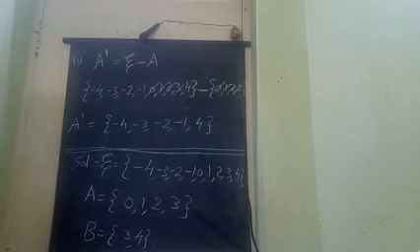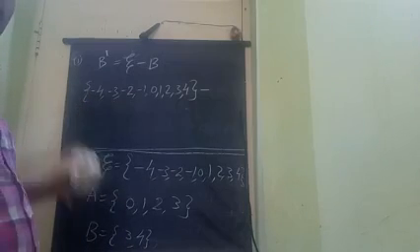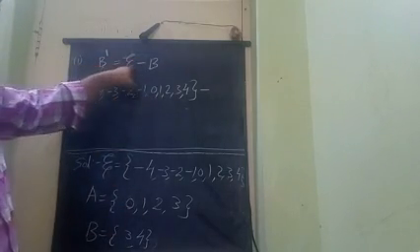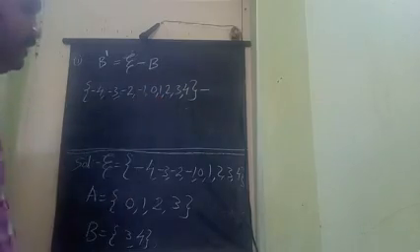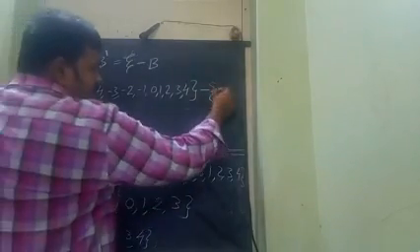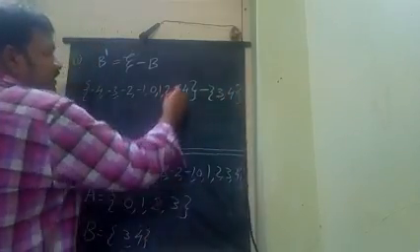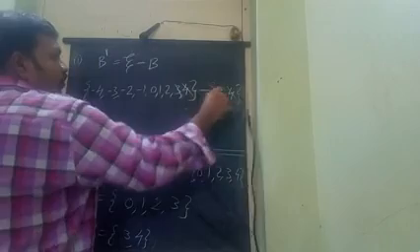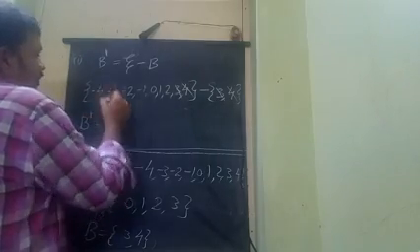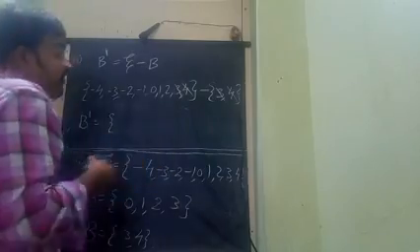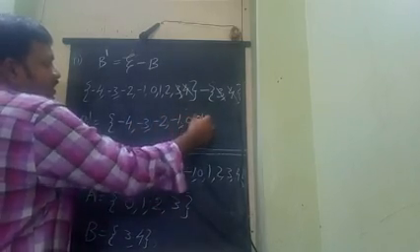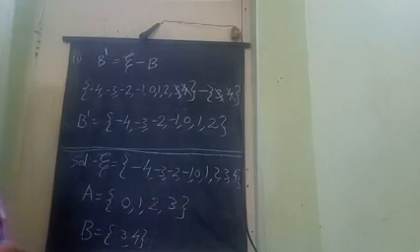Now we have to find B complement. B complement means universal set minus B. So I wrote that universal set. Now the elements of B are 3, 4. Take that 3, 4. Now the common ones are 3 and 4. We are doing subtraction now, that's why we take them off. B dash means, after taking off the common ones, what remains in the first universal set: -4, -3, -2, -1, 0, 1, 2. This is the answer for B dash.